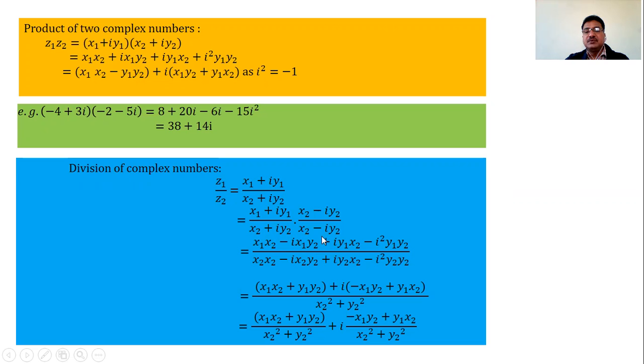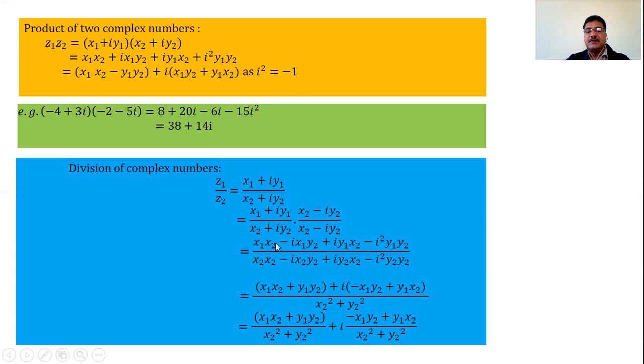And the multiplication of these two is what? You can directly write the multiplication: a plus b into a minus b is a square minus b square. All right, the four terms of this multiplication are x1 x2 minus i x2 y2 minus i y2 x2, and then the last term minus i square y2 y2. Okay, and then the denominator becomes 0 for the middle terms because plus minus becomes 0, and then x2 square, and this i square is minus 1, so minus minus becomes plus y2 square, and the numerator